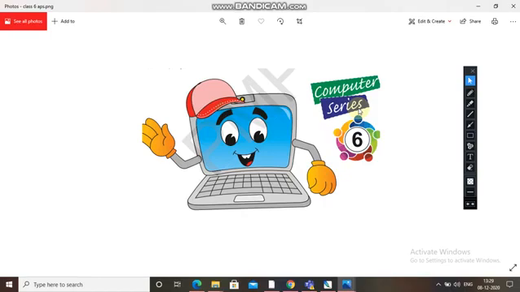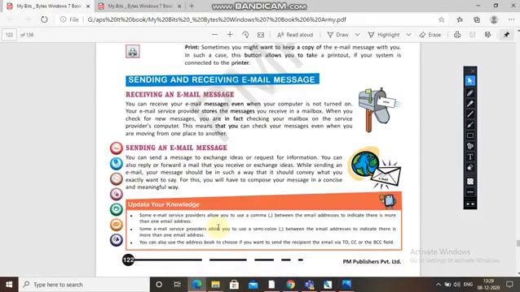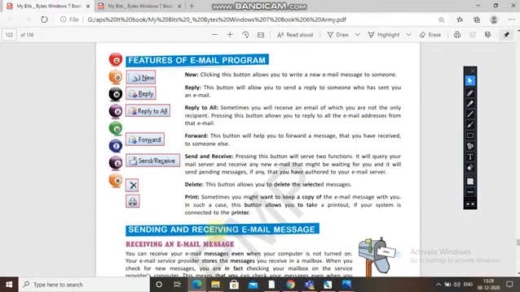Okay, so today let's see a little revision of the previous topics, and then we will go through the new topics. So without wasting time, coming to the textbook, as you have seen the features of email program, once again I am telling you. New: clicking this button allows you to write a new email message to someone.